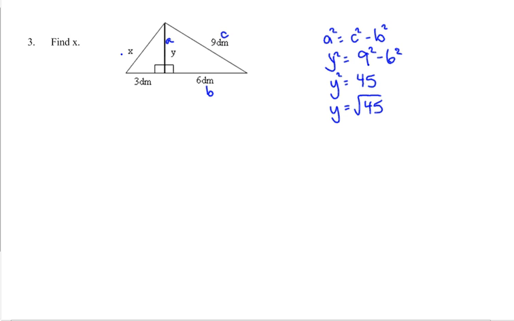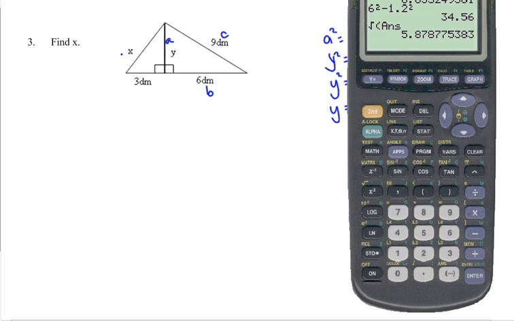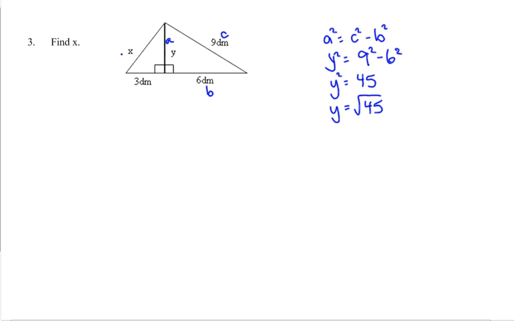If you don't want to leave it as an exact value, you're going to have to use your exact value in your calculator. So you could write down 6.7. We actually have to use this whole decimal place when we're solving for x. We don't round till the end. Okay? So when we find x, which is actually our c value over here,